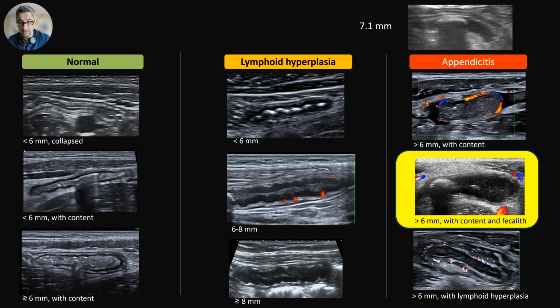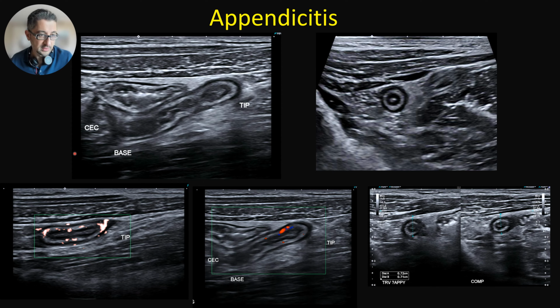So this is in keeping with an appendicitis filled with content and appendicolite measuring over 6 millimeter. Here you can see another appendicitis. That's the cecum, that's the base of the appendix, and that's the tip. It is distended, measuring up to 7.2 millimeter. The wall is thickened, it's measuring over 3 millimeter obviously, and there is